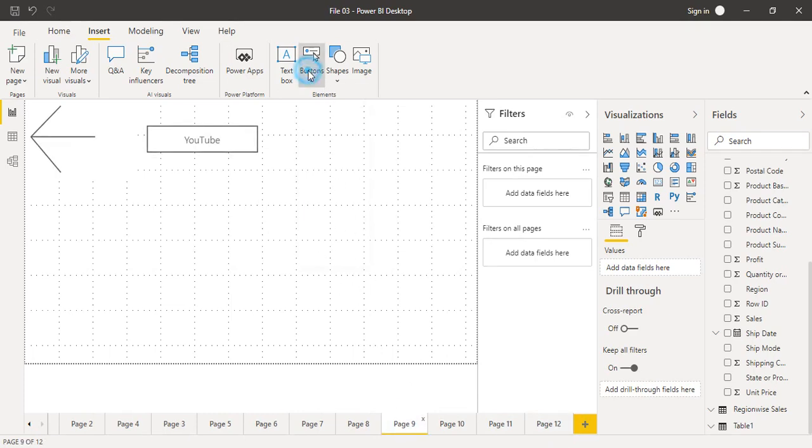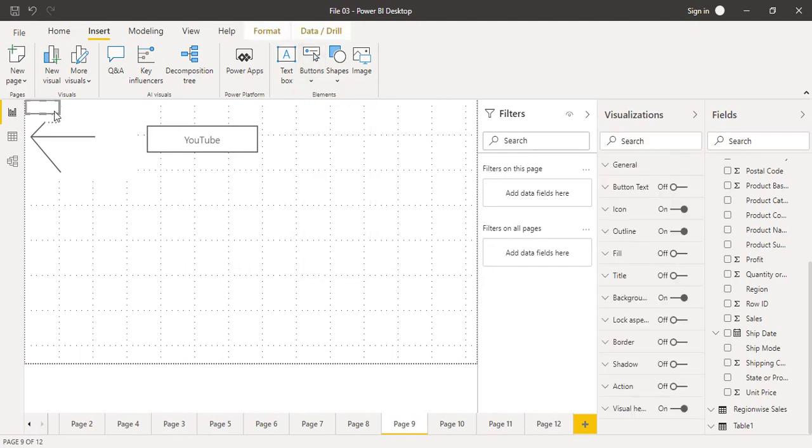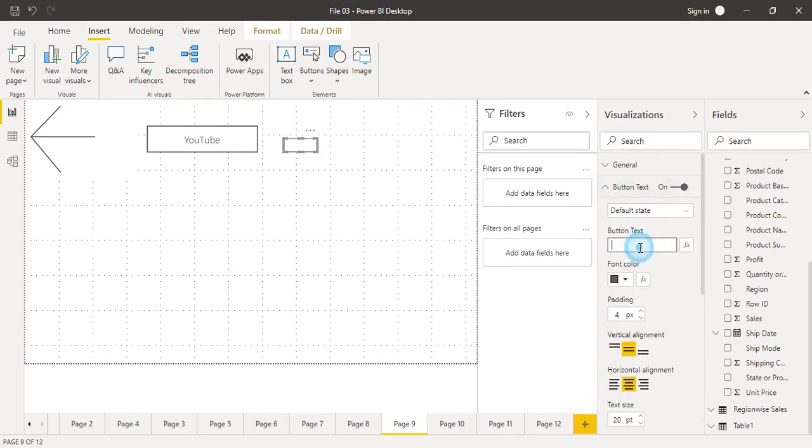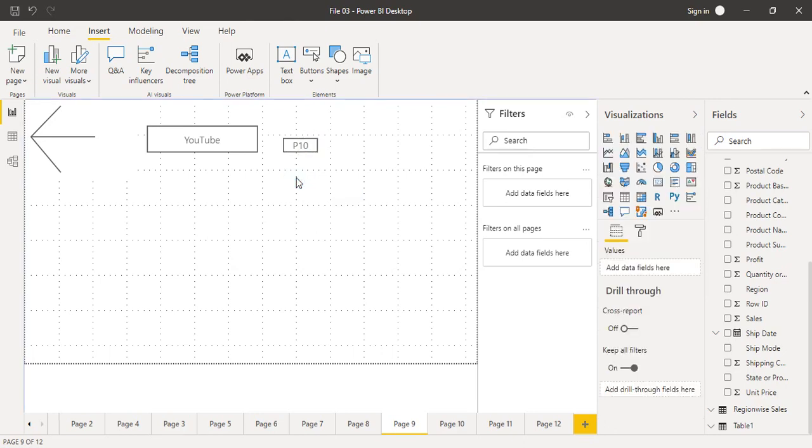So for that purpose, you need to go to buttons and add a blank button. Now you can just change its text slightly. First of all, make sure the button text is on, and I'm going to add the names of the pages, that is P10 for page 10. Then you can simply copy this and paste this.